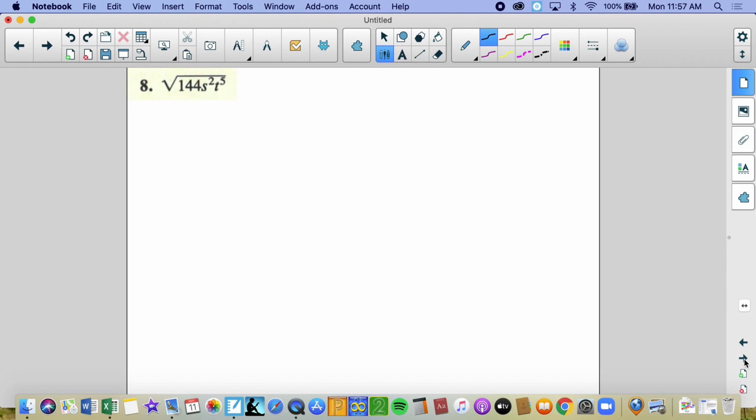Number 8. So the first thing I'm going to do is separate each, that looked like a 5, sorry, s to the second and t to the 5th. So 144 is 12. It's a perfect square. S squared is a perfect square also. That one comes out. And there's a couple ways. We can either divide by 2 and keep the remainder in, or we can break these